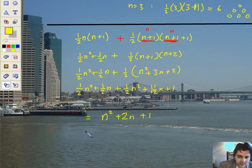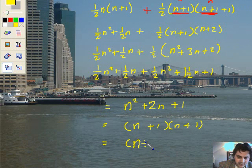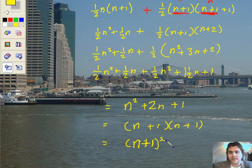Now look at it carefully. I can easily factorize that as follows: n plus 1 multiplied by n plus 1. That is a perfect square. If you multiply this out, you will get n squared plus 2n plus 1, and that becomes n plus 1 close bracket all squared, and therefore that is a square number. I've proved that the sum